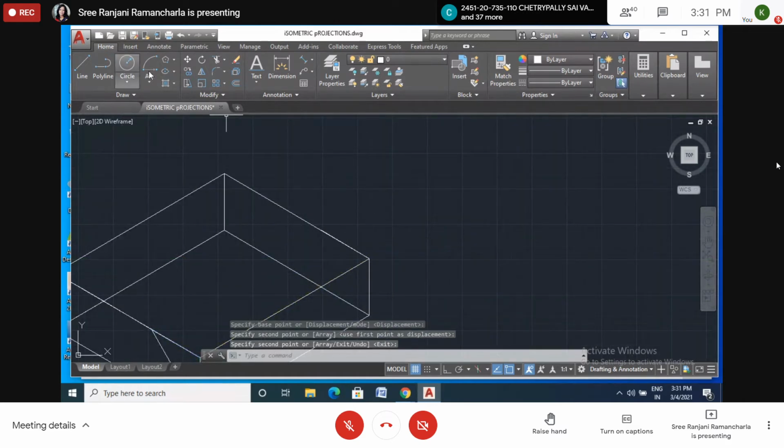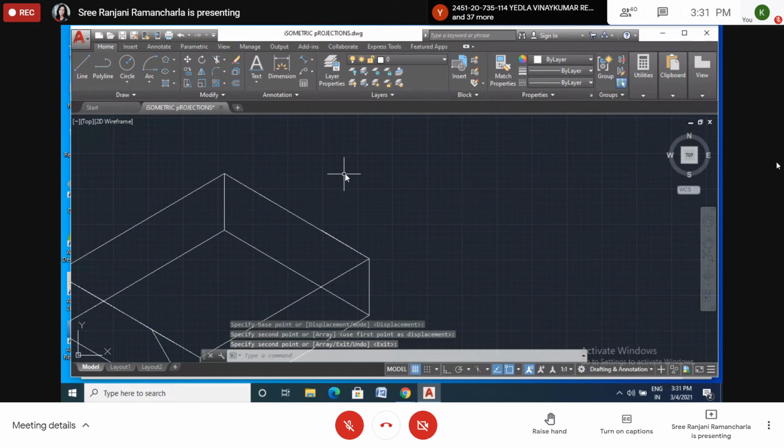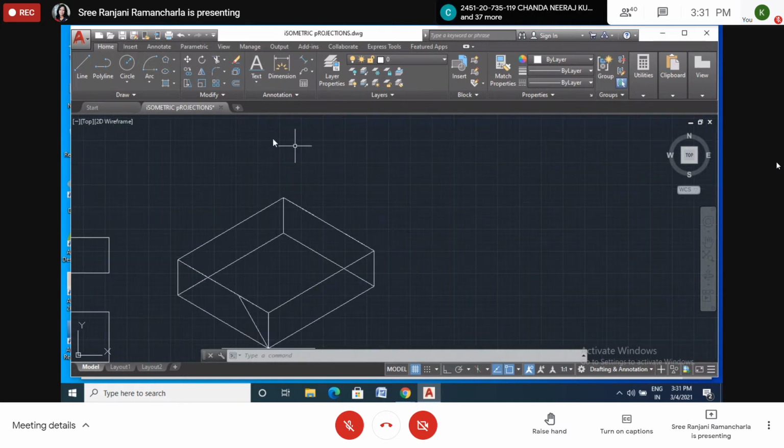Okay. Now again copy. You can copy this one here. Displacement point, so that I will keep my point here. Copy. See here. Are you able to see? Here also. So light blue color, if you move our cursor on that. Okay. Now same here also you have to take.